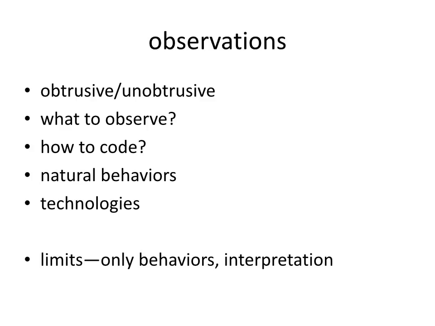Well, the big question is what to observe. We know from lots of research, in eyewitness testimony, for example, that people will report some things that they were focusing on and are unable to report on many of the other details that they could have been focusing on but weren't, and often make false or erroneous reports about things that they weren't focusing on. So researchers need to think carefully about what they're going to be looking for before the observation occurs.